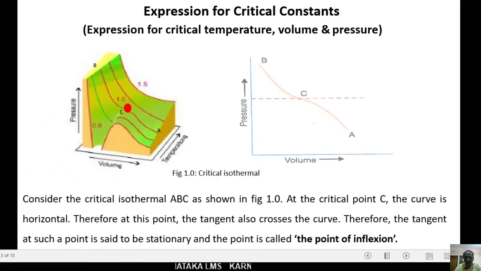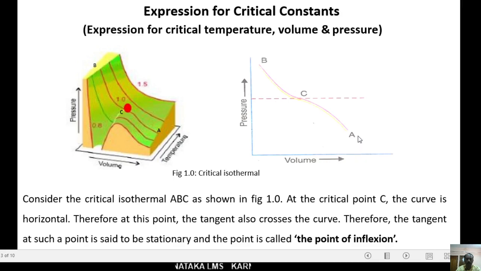See here in this diagram, both are the same, but the left side diagram is a 3D view of pressure, volume, that is the isotherm, and this one is on the right side. You can refer to any one of these, but the second diagram is the idealistic one. Both of these indicate critical isotherms. Let's suppose the critical isotherm